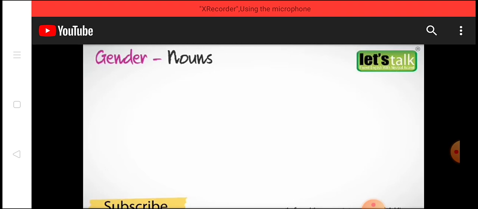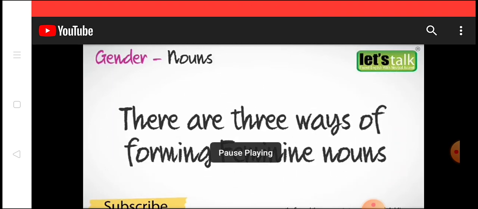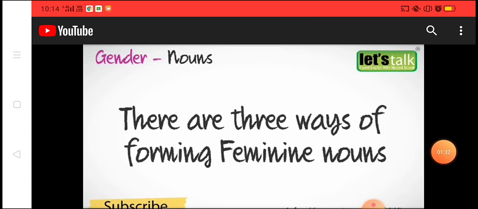After copying these examples, students, there are ways of forming feminine nouns. I'm giving four ways here, so copy these four ways. Just put the side heading as ways of forming feminine nouns. Below that, number one,